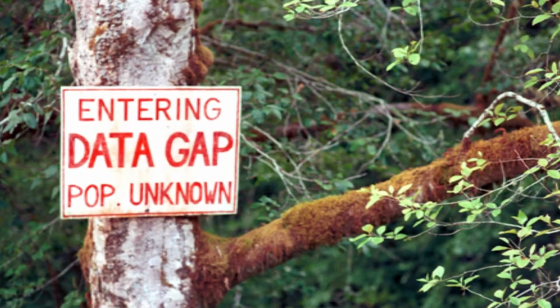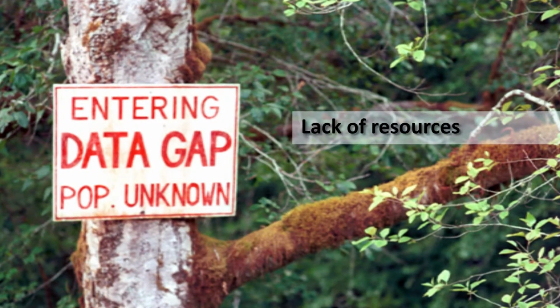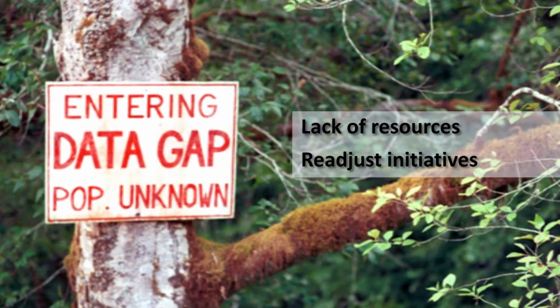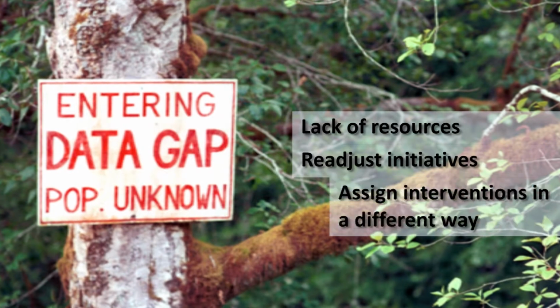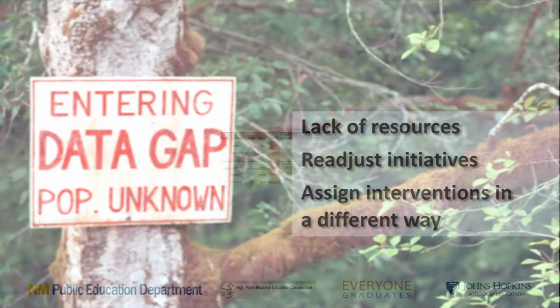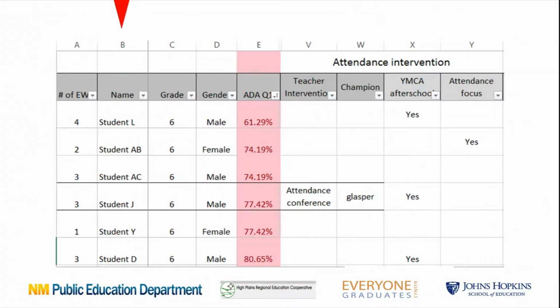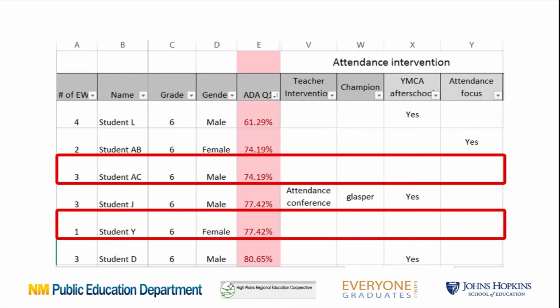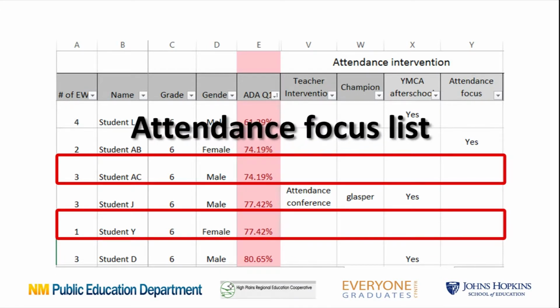Any gap that is identified may be from a lack of resources, a need to readjust current whole school or small group initiatives, or assign interventions in a different way. In the chart here, you see the first 6 students were off track in quarter 1 in attendance. Notice that 2 students did not have attendance supports and would be good candidates for an attendance focus list in